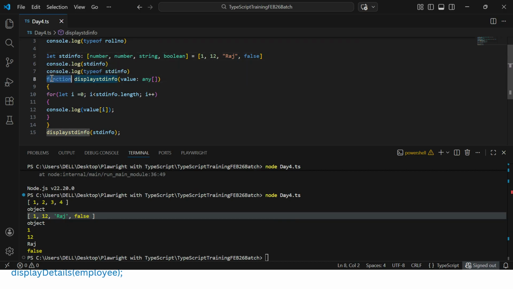After that, we are creating a function to display the value. We are creating a method, or function, called displayInfo, where we create a variable which will be of any type. We can give it easily and it will work. So in case we are giving the any type,